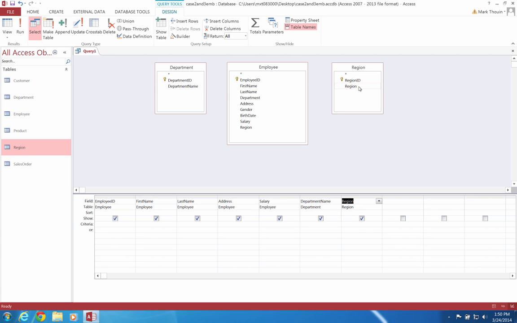And I'm going to go ahead and make a mistake this first time around. This is a very common mistake. It's easy to do, but I want to show you what happens. So now you'll see the fields we've selected to display are as follows, and we can see the table they're pulling from. We also have some different parameters we can set, so we can set a sort order for each field, and then finally down at the bottom we can specify filter criteria to filter the result set to just show a subset of our overall results. So I'm going to go ahead and run the query. We hit the exclamation point,